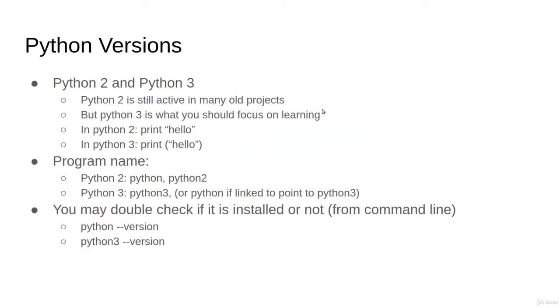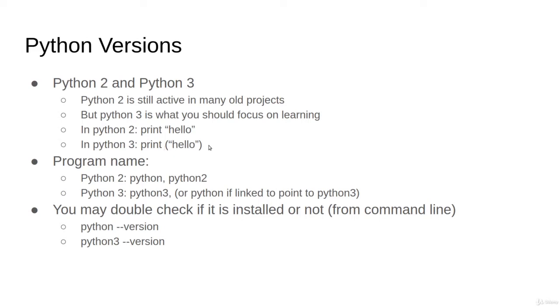Right now, the most popular Python version is Python 3, like 3.9 for example. Before Python 3, there was Python 2, like 2.7 for example. Python 2 is still active in many older projects, though a lot of projects are already migrated to Python 3. Your focus should be mainly learning Python 3, which is very close to Python 2. There are not big differences between them. In Python 2, we write print hello this way without the parentheses, but in Python 3 we write